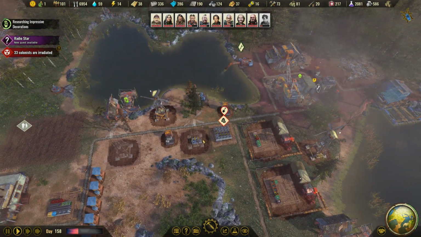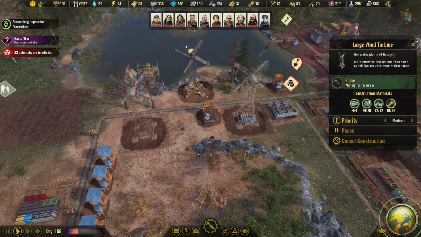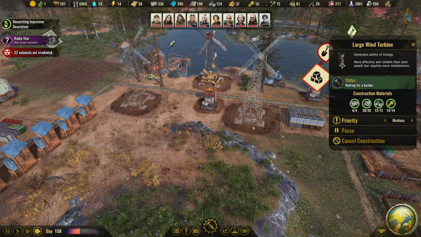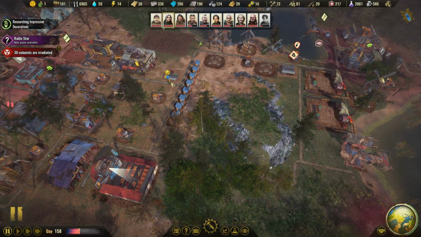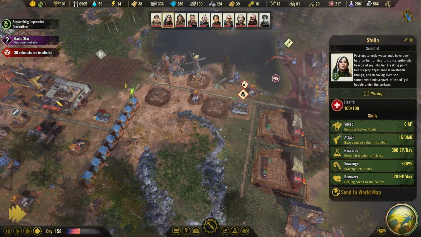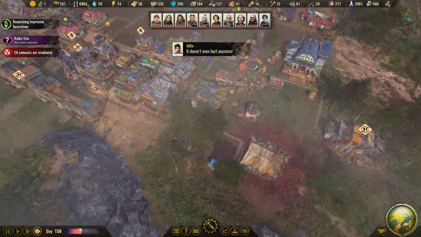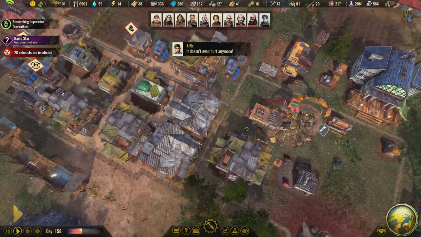But other than that, I don't know if I'm making a whole lot more. We're going to put the large wind turbine. Now we're just waiting for a builder. I don't need to wait for a builder. You, come build this. That's going to add to our power grid, which is going to be nice for our new radiators. So let's maybe put it...